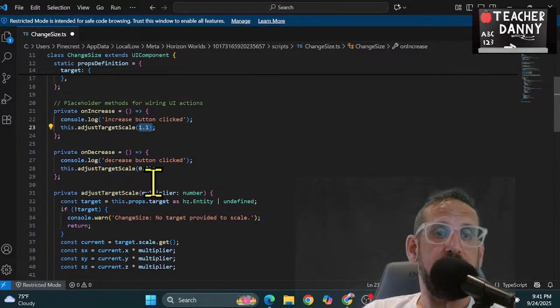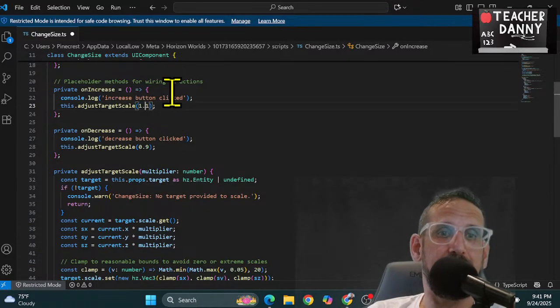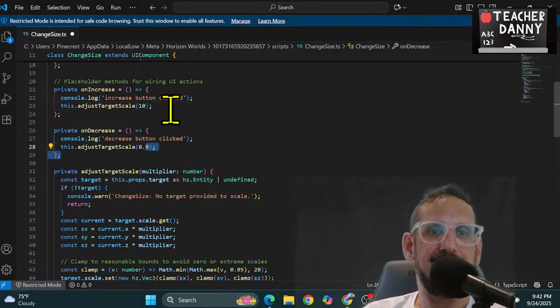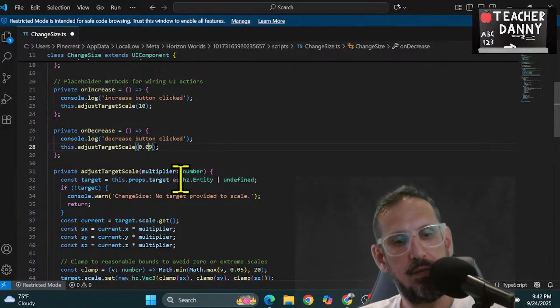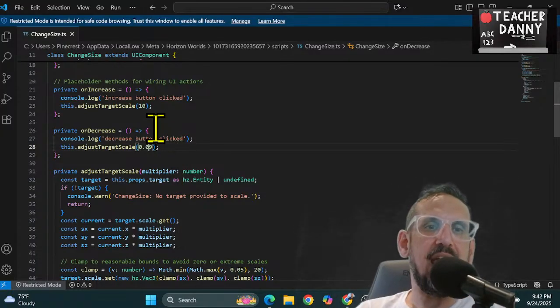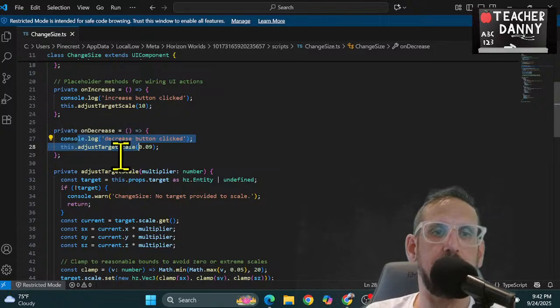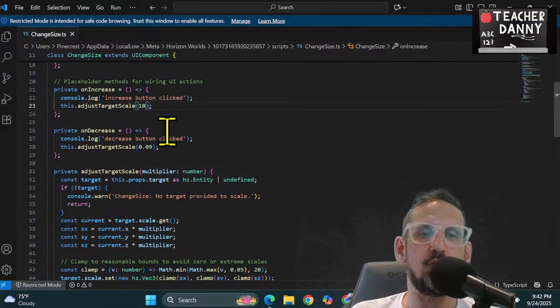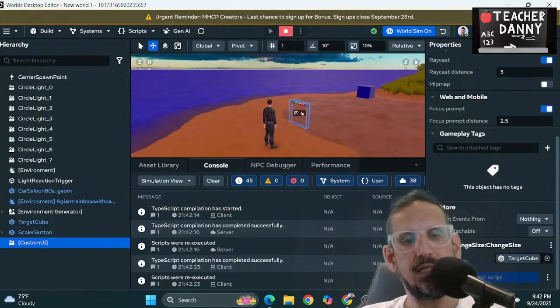Look, let's see, if I set the multiplier higher, if I set it to 10, okay, and set this one to 0.09, okay, everything's the same except for the numbers that we're passing in when we call adjust target scale here and we call adjust target scale here. So the on increase and the on decrease, everything's the same, except just what numbers we're passing in as multiplier. Now watch this. What I'm expecting is that